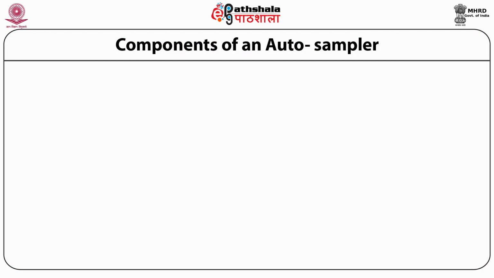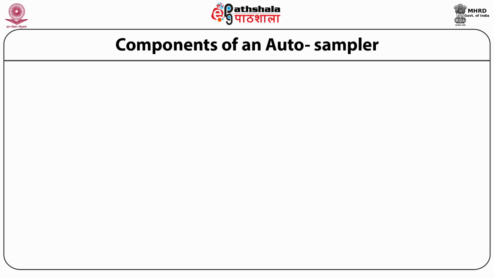Components of an autosampler. An autosampler is supposed to inject the sample with great precision and accuracy. Precision refers to the elimination of variation in results while conducting repeated analysis of the same sample. The performance of contemporary autosamplers available in the markets is up to 0.5% or less, considering the injection repeatability using 10 microliters of injections. Precision is also important while conducting quantitative analysis using the calibration curve method.